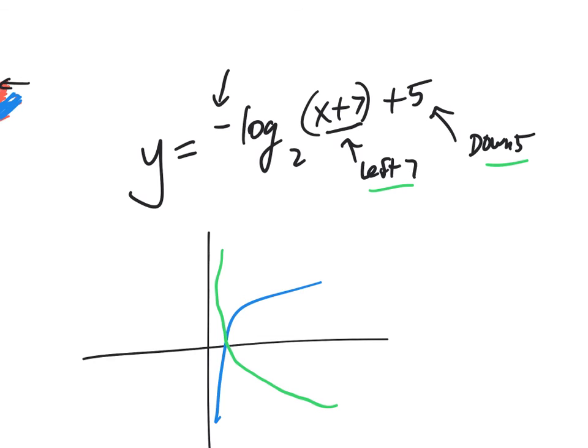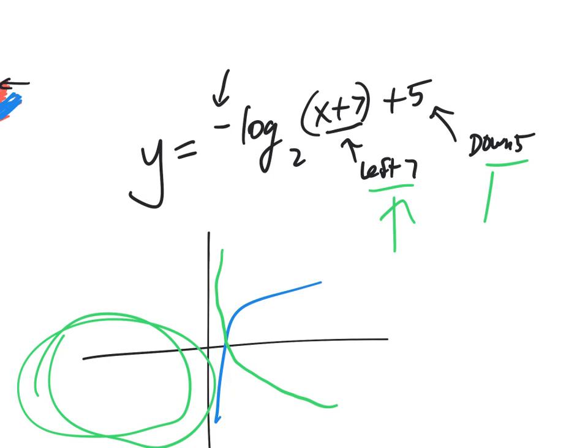Well, from here, I would just remind you that you use an XY chart, and the XY chart will give you a bunch of points. You graph those points. Generally speaking, the points should be down in here because it's moved to the left 7 and down 5. So you make an XY chart and find some points, like I'd put in